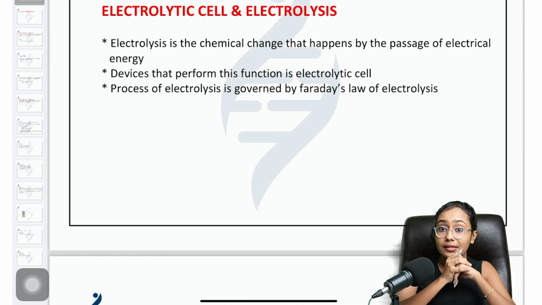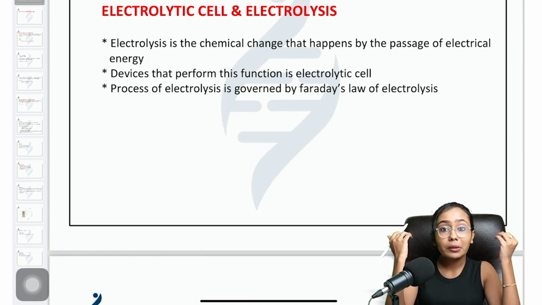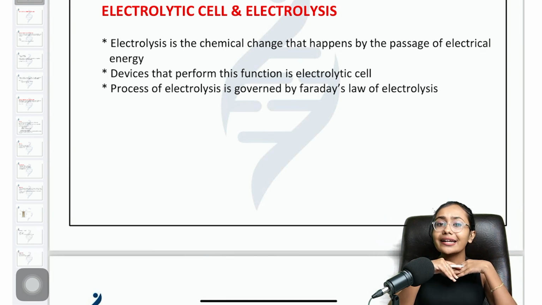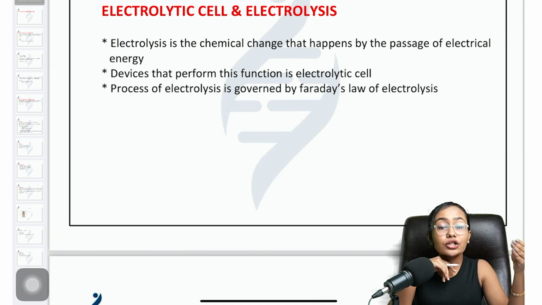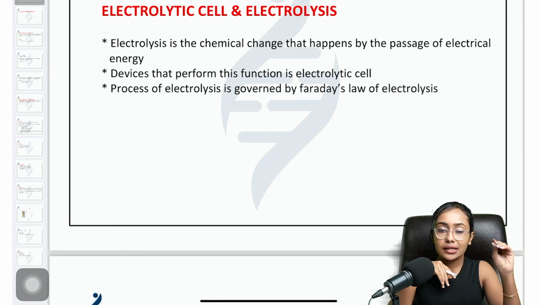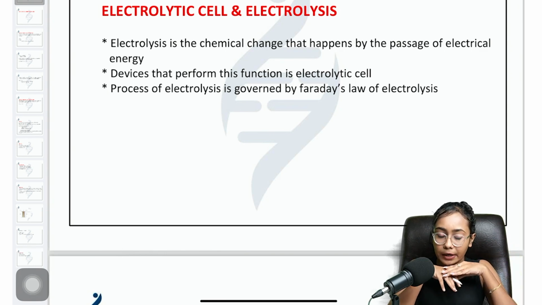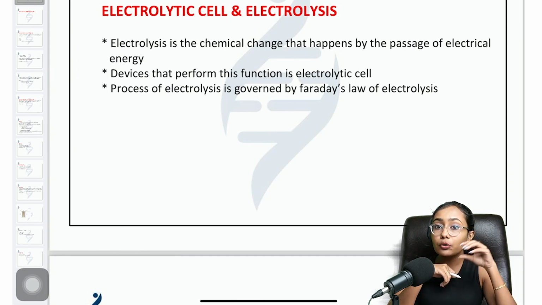We have already discussed the electrochemical reactions and electrochemical cells, right? So, what is the reaction taking place in an electrochemical reaction? It is the conversion of chemical energy to electrical energy, and such cells are known as galvanic cells or voltaic cells. So I've already told you that in this chapter we'll be dealing with both electrochemical cells and electrolytic cells,